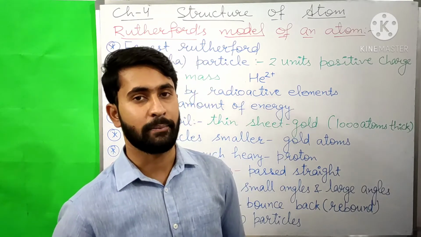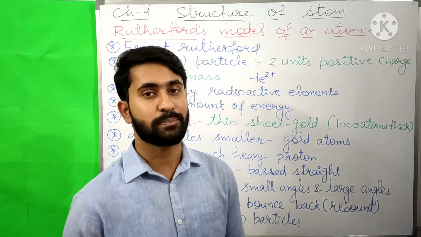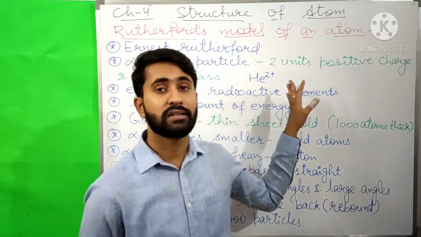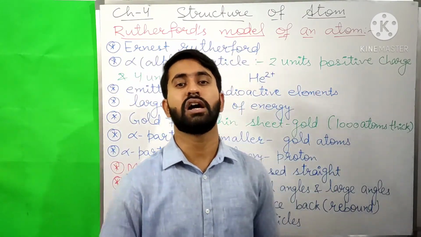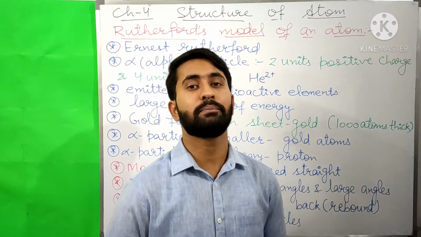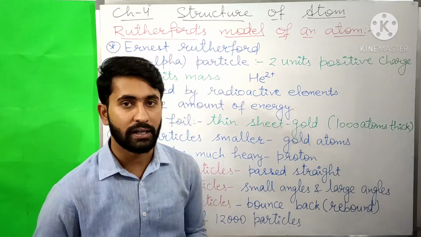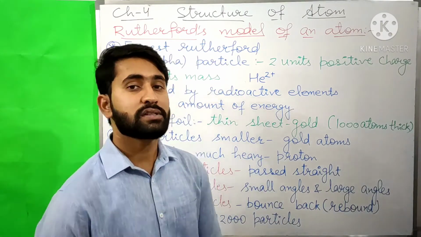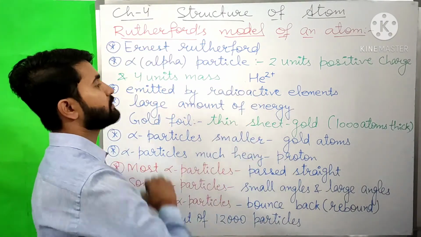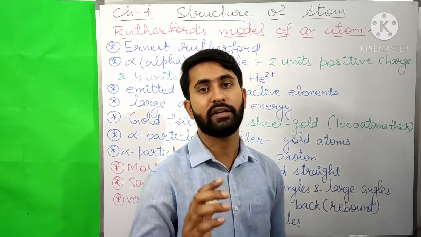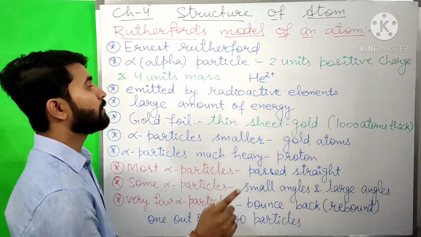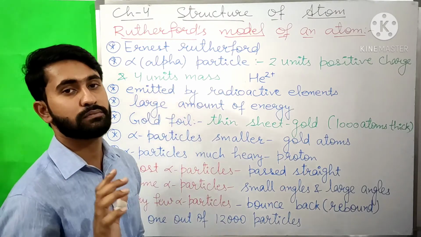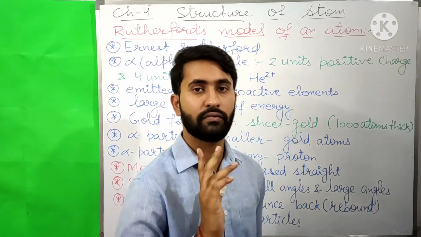Rutherford expected that the alpha particles, having positive charge, would be deflected by the subatomic particle, that is proton, to some extent. Since alpha particles are much heavier than the proton, the mass of an alpha particle being 4 units whereas the mass of a proton is 1 unit,